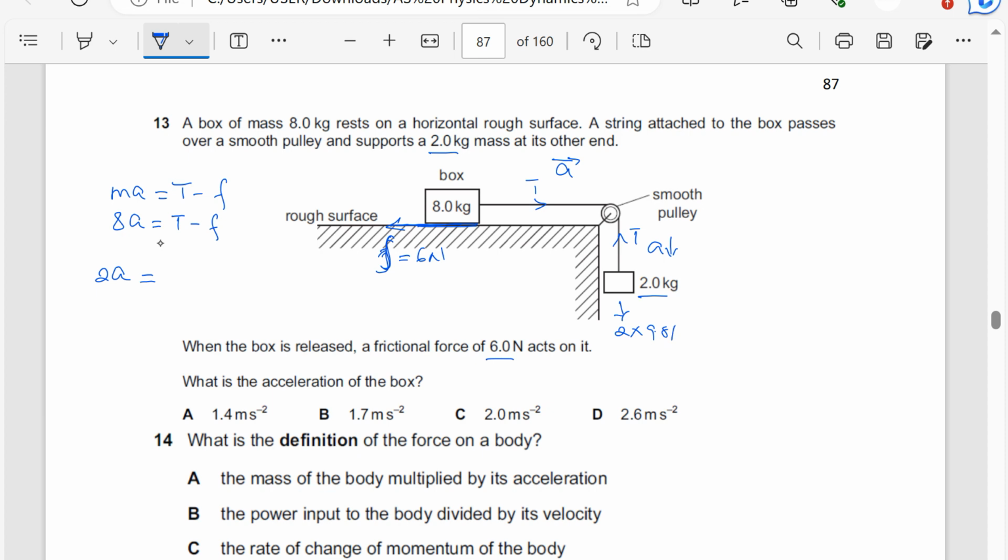Since it is accelerating downwards, the weight downwards is bigger than the tension, so this is going to be 2 times 9.81 minus the tension